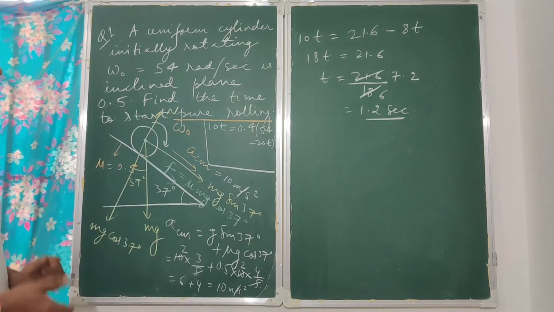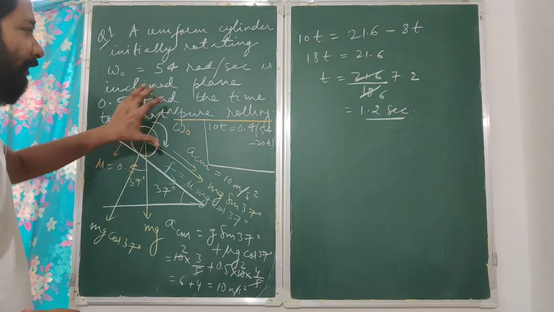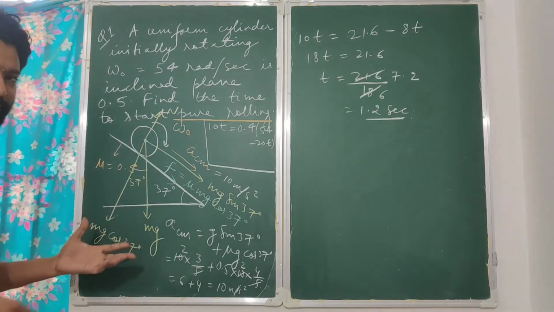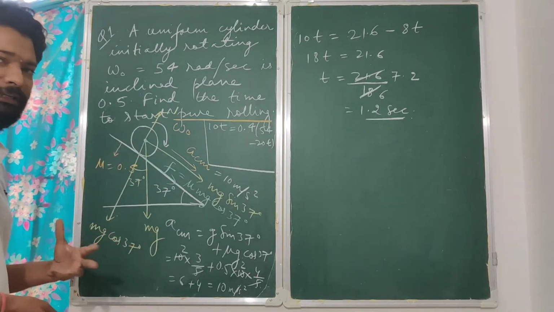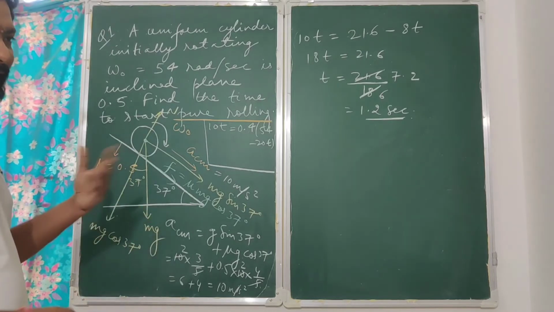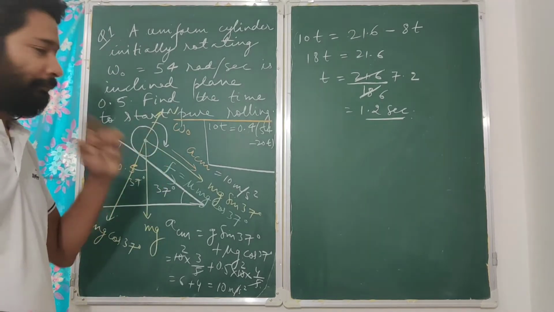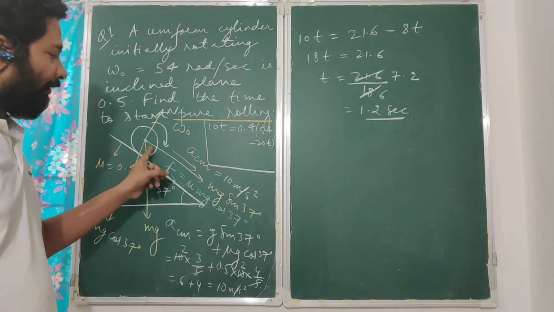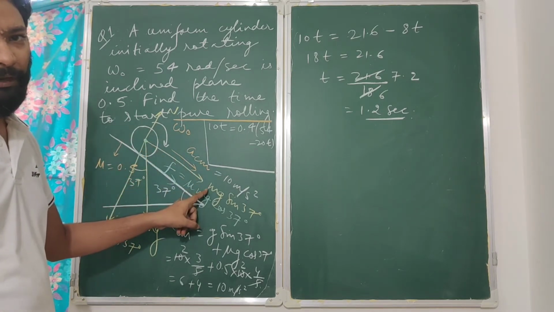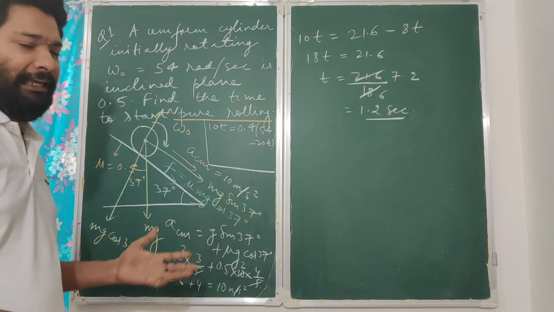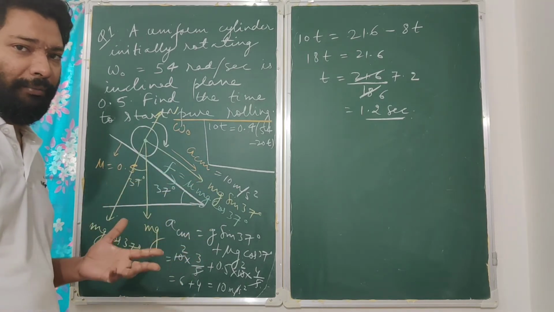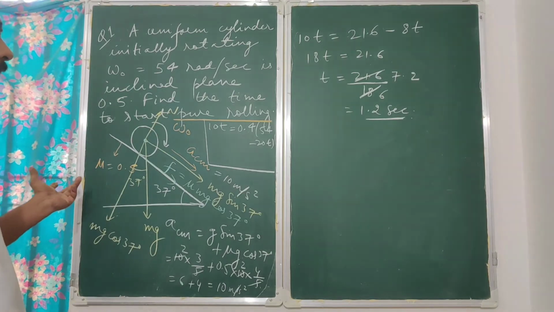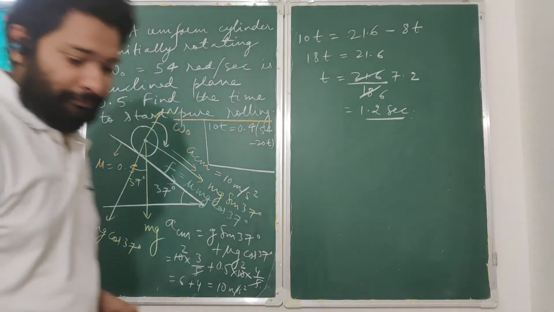And this is the approach you should take whenever you get this model of question, that find the time after which the body starts performing pure rolling motion. So friction in that case generally will try to reduce the angular velocity to a particular value of omega, and it will try to increase the velocity of center of mass, such that at a given instant of time VCM will become equal to R omega and the body will start performing pure rolling motion.